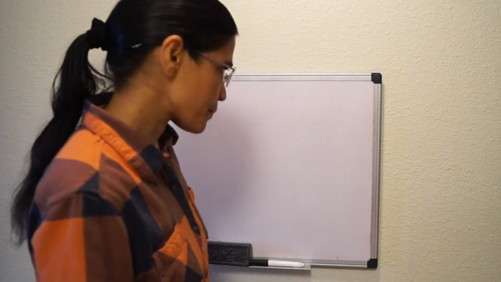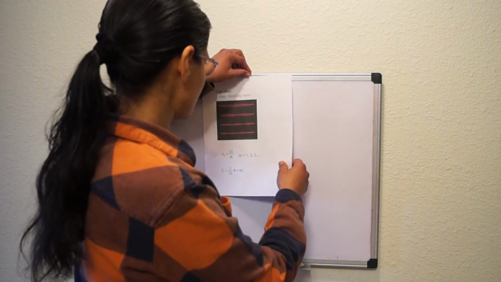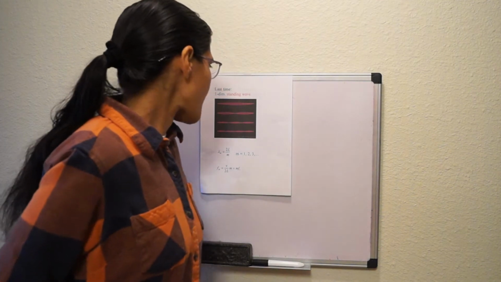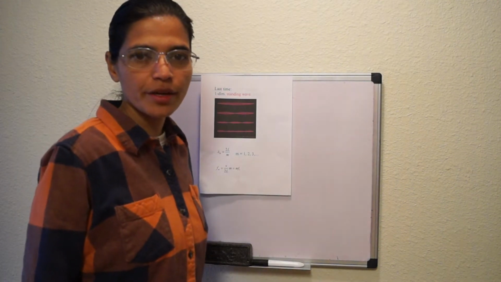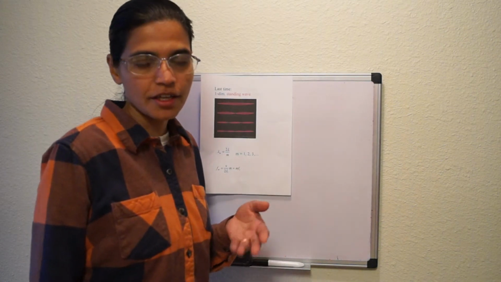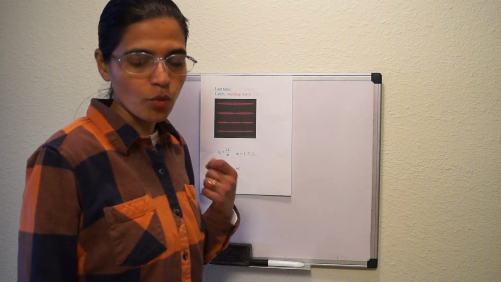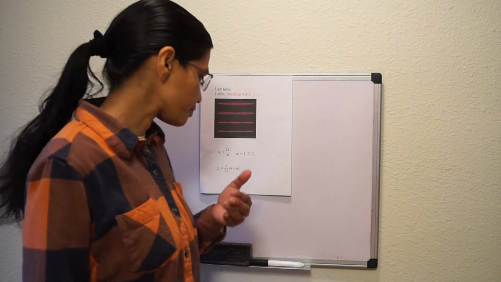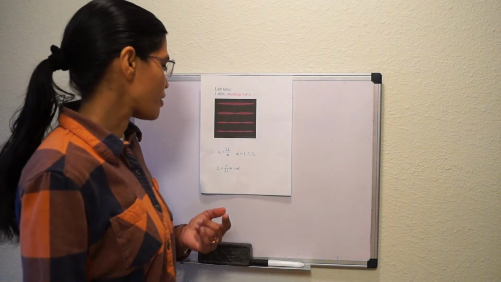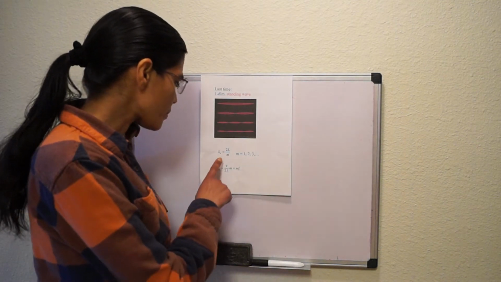So last time we talked about the standing wave in one dimension. We looked at the characteristics of a standing wave, like in a string. We did the demo, and then we also came up with this equation where the wavelength